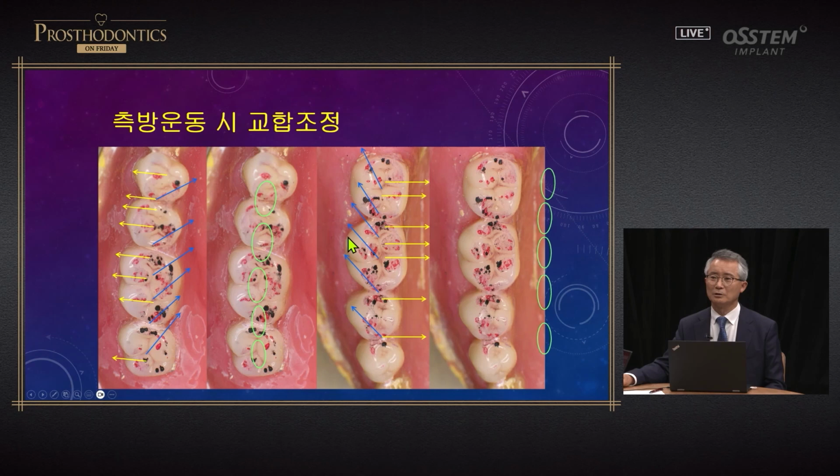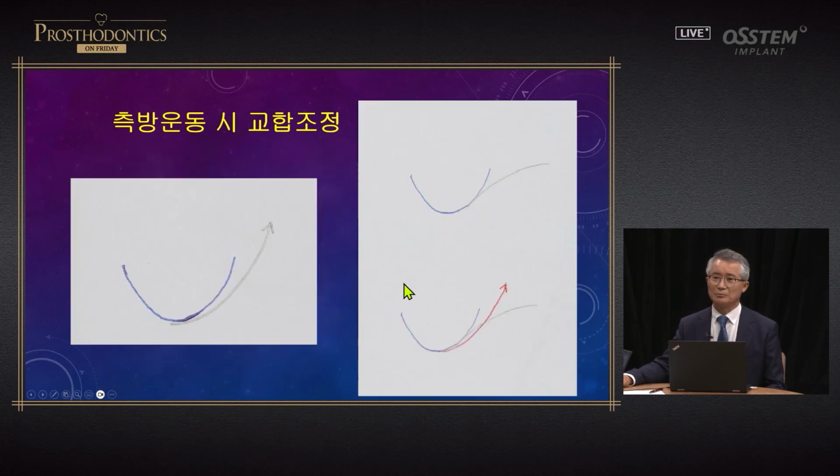Working and balancing. We need to think, looking at the direction, and make occlusal adjustments, so then things will become much more simple. I believe keeping this image in mind is very important. Look at this tangential line. If you look at this case, from start to finish, the angle is bigger compared with that side.